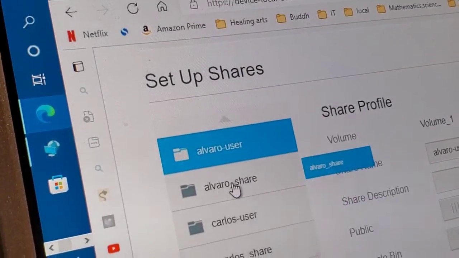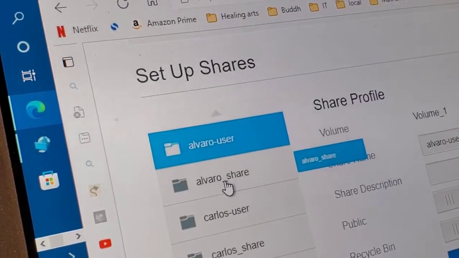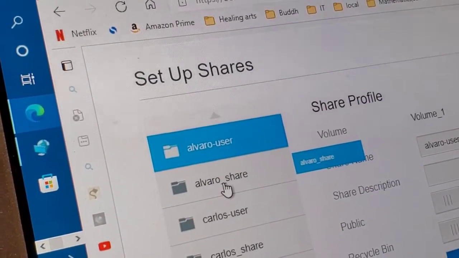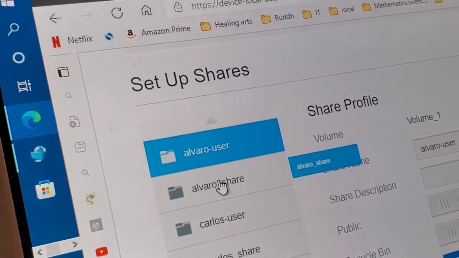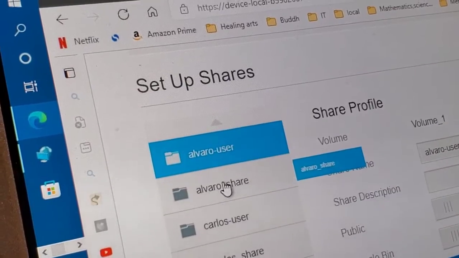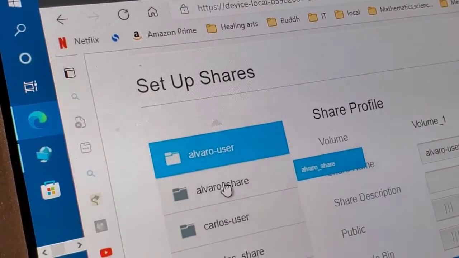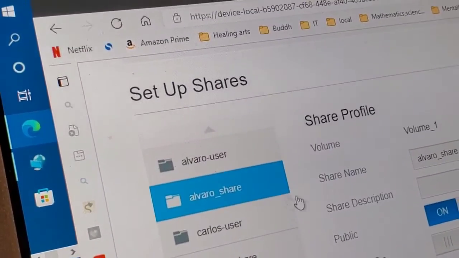But take note: Alvaro share, I want Alvaro to also have read-write access to it. But there's some people that I want to have read-only access. So when I click on this,